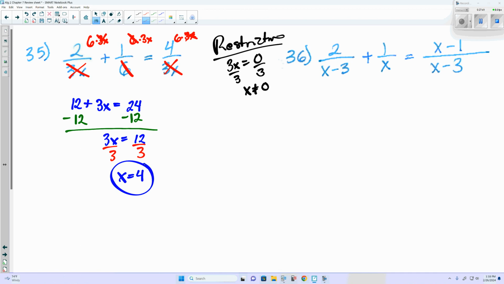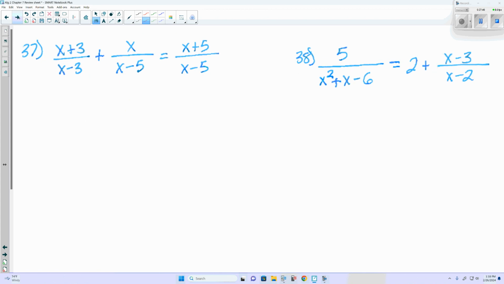Questions on 35? We'll look at 38 next. That should be negative. And again, with any of these solving, even if the numerators are factorable, we're not going to factor them. Yes? So it's funny how I said the exact same